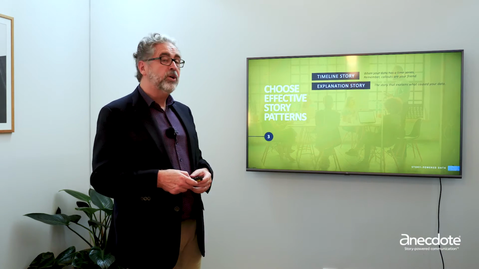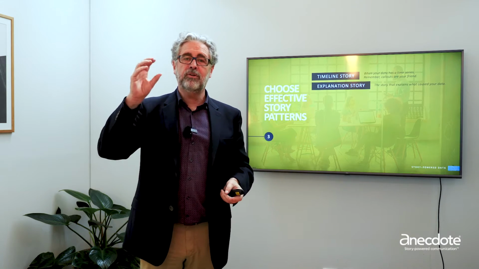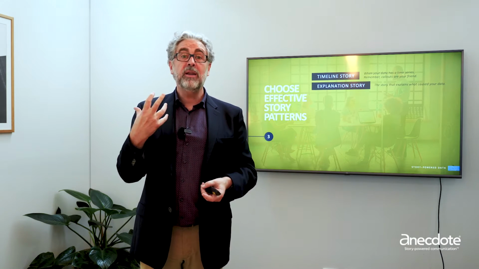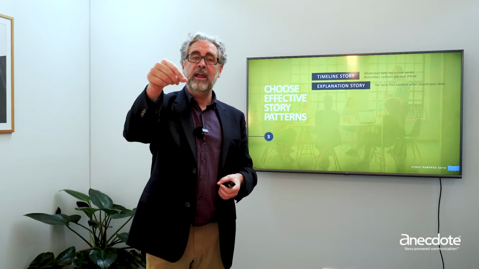The second one we call an explanation story. So you might have some phenomena presented. It might be pie charts, it could be timeline stories, it could be on a map using geographic information systems. However that information is presented, you want to be able to tell the story that explains how that happened, how that representation, that result that you got in the data actually occurred. So that's an explanation story.